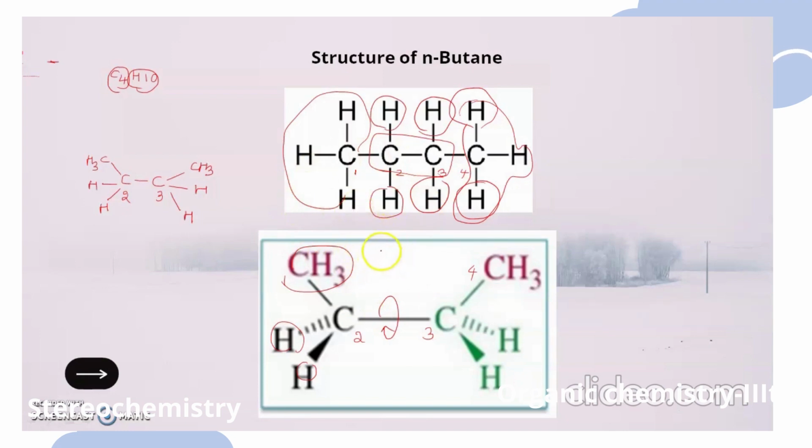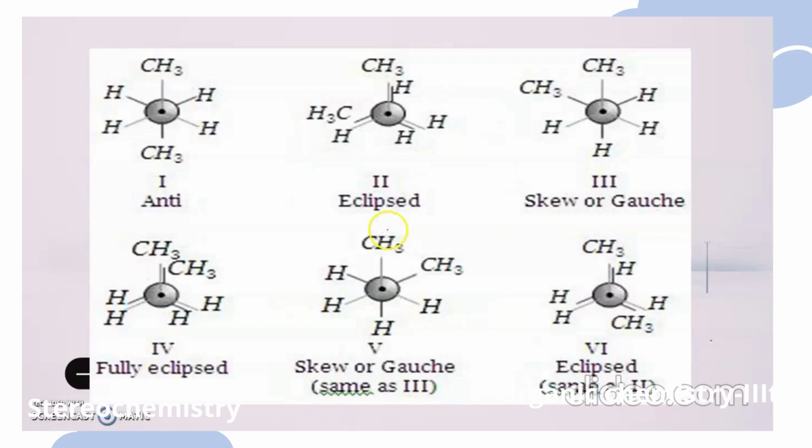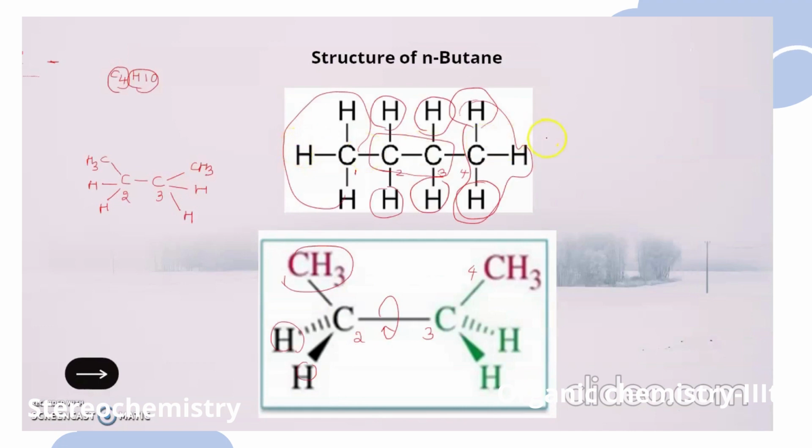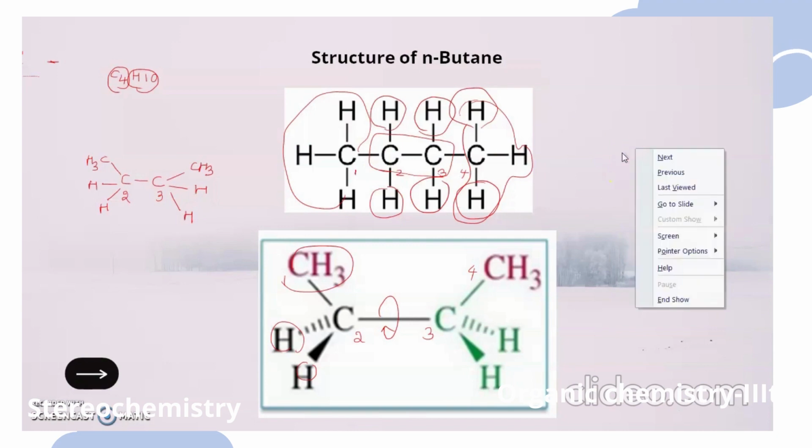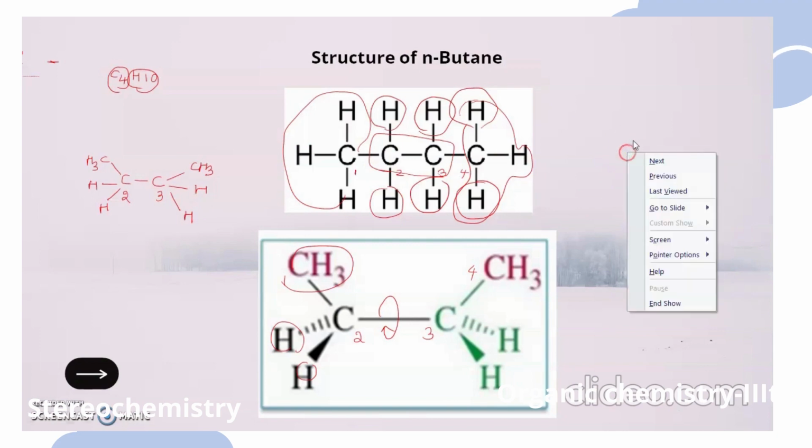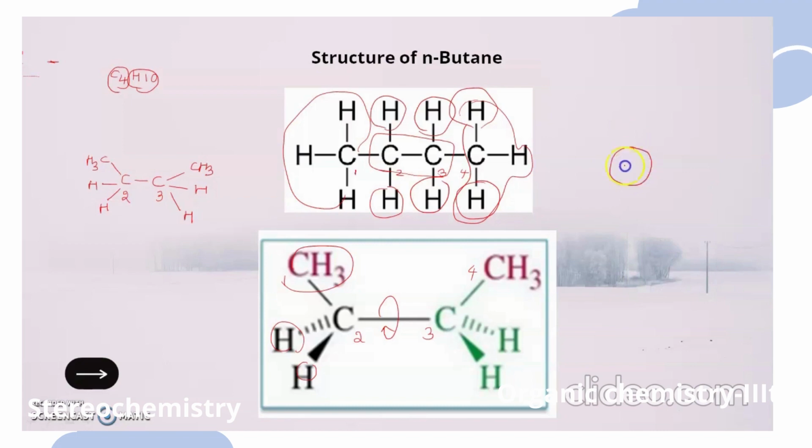Let's now see what are the different conformational isomers of butane along with their structures and their order of stability. Right? So you are all familiar with the Newman projection formula of n-butane. Let's recollect back again. In Newman's projection, the front atom is represented with a dot, and the rear end atom is represented with a circle.